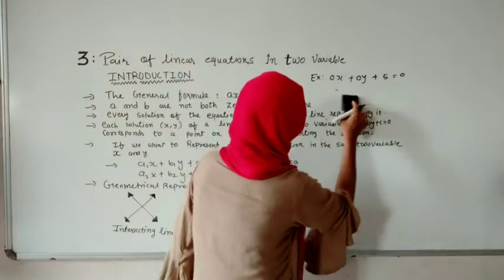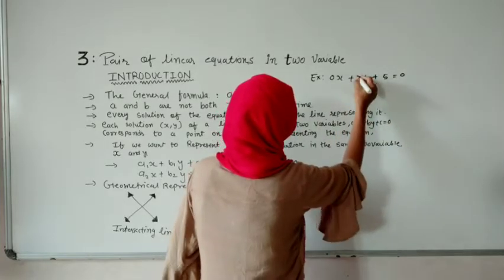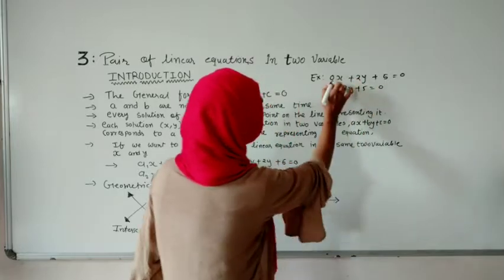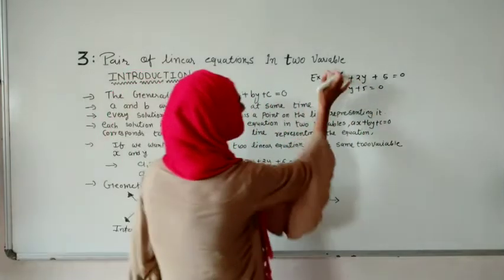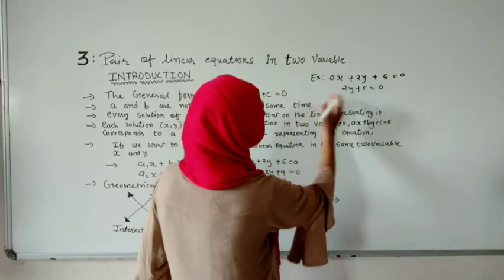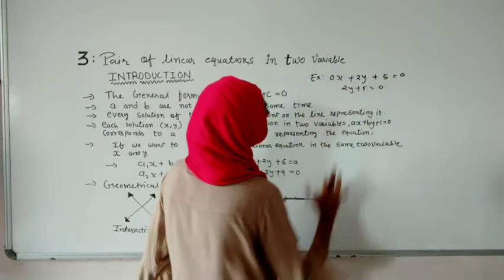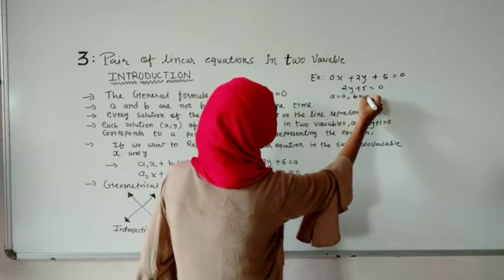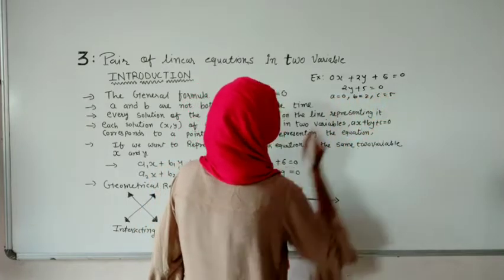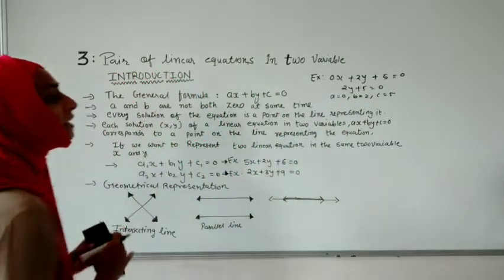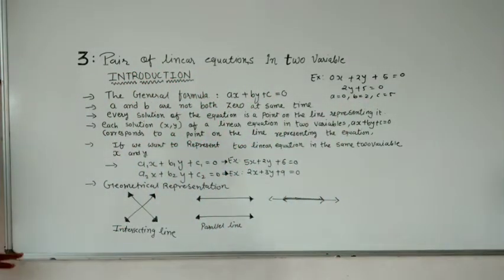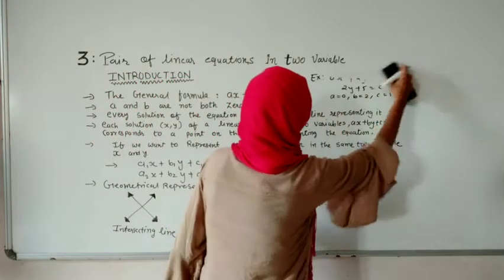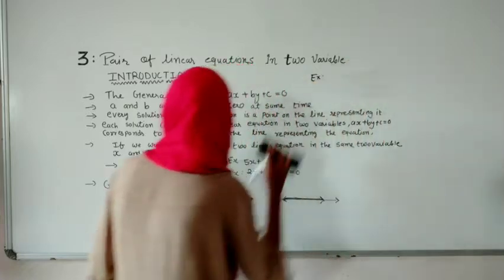That means one of them can be 0, it can be in this form. If the x term or a term is not there, so x we are taking out. So what will remain? 2x plus 5, and that will be equal to 0, and there we will denote that a is equal to 0, b is equal to 2 and c is equal to 5. So this can be possible. This is a linear equation in two variables only, but the value of a is 0. That's why the x term is not there. But at the same time, they both can't be 0.